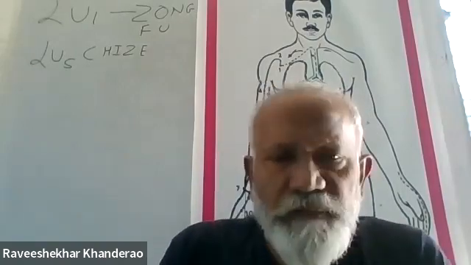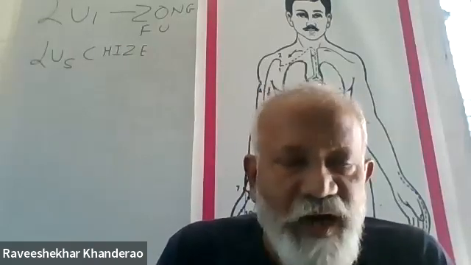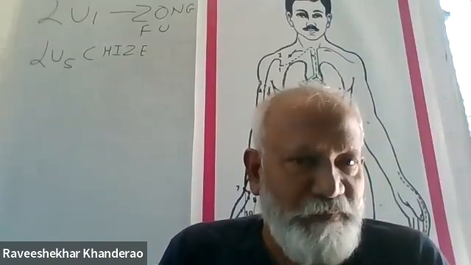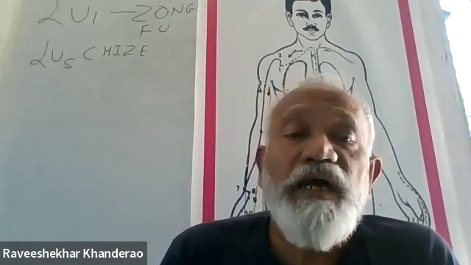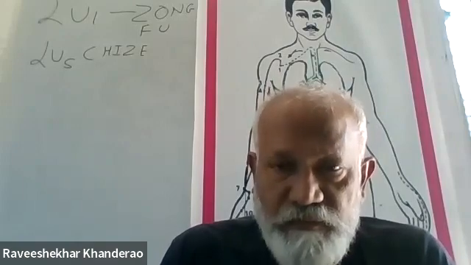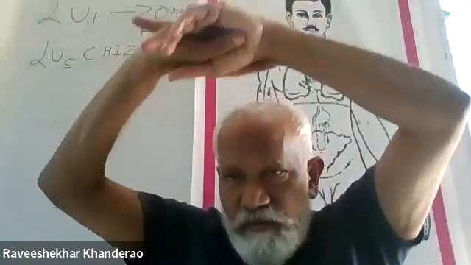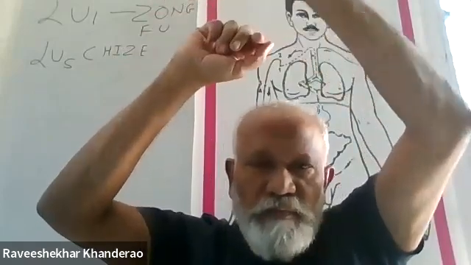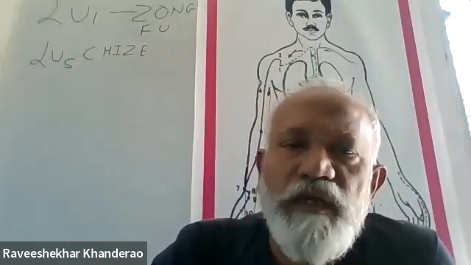Now next is lung 7. The name in Chinese Liachia, but the spelling is Liquia, but they pronounce it liachia. लंग 7, अभी थोड़ी देर पहले मैंने आपको दिखाया था लंग 7, ये है. Yes, yes. लंग 7 यहाँ पे, ओके, या, so that is how we have to find out lung 7